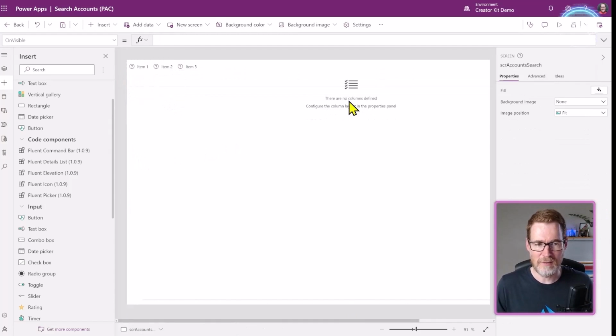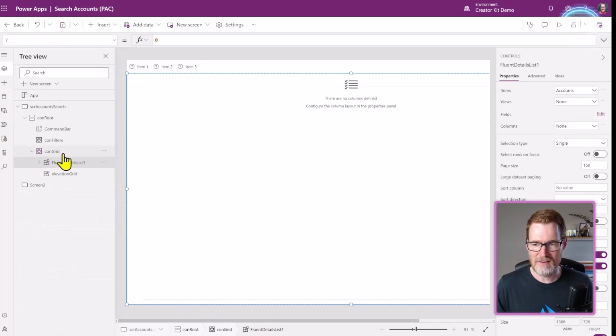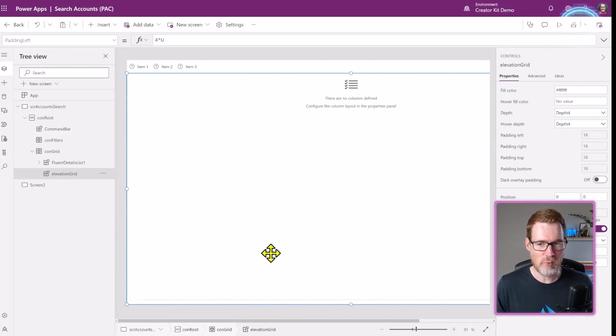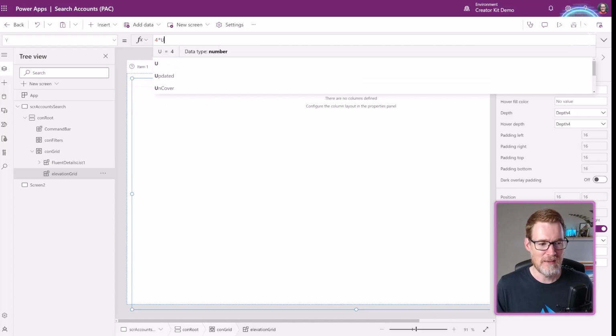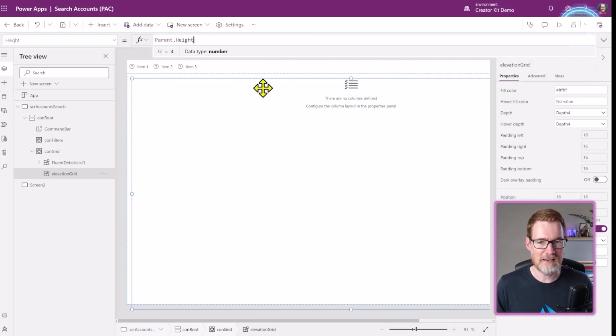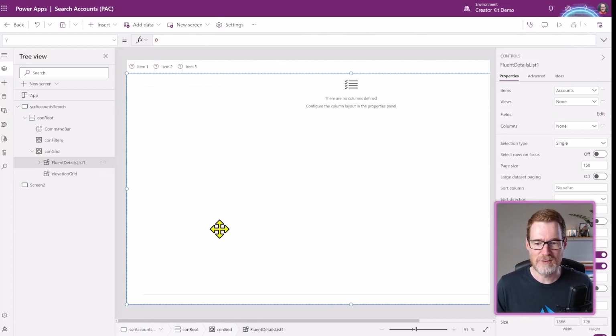So there we go. We've got our details list located at the top of that. But notice that it's now too wide, because it's filling up the entire space. So we want to make sure it's padded using the same padding that the elevation is using. So rather than that, we'll put the X at 4U and Y at 4U, so it's located there. And then we'll subtract 8U to make sure we've got enough padding. So there's a little bit of manual positioning there, like we might have had to do previously.